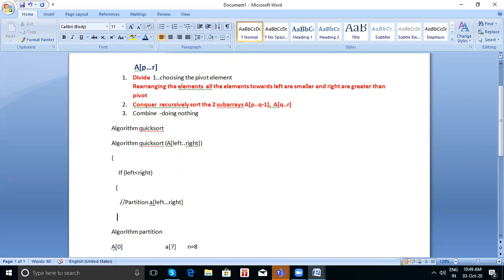To sort recursively the left part of the array, what do we have to write? Quick sort of A, left to p minus 1. Somebody was telling me, here there is an element called q. That q here, somebody was telling like A of p to